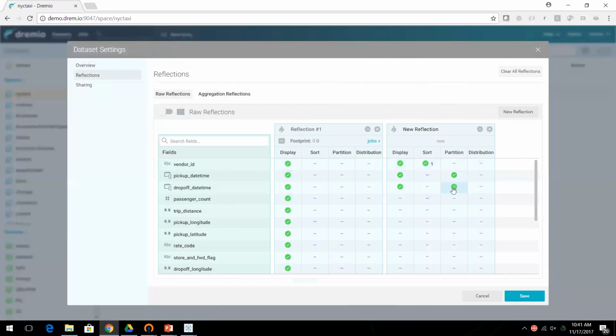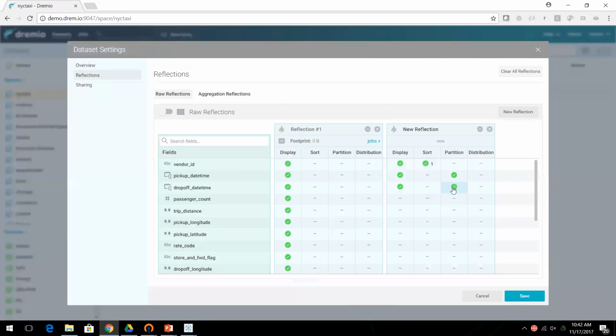So that's all you have to do: spend a minute here and create a new reflection. That gets maintained automatically and incrementally by Dremio. And from now on, those types of queries will run faster. Again, the user doesn't have to change the application or the dashboard or the report to point to anything different. They keep using the logical model of the data and the virtual data sets, and behind the scenes, Dremio